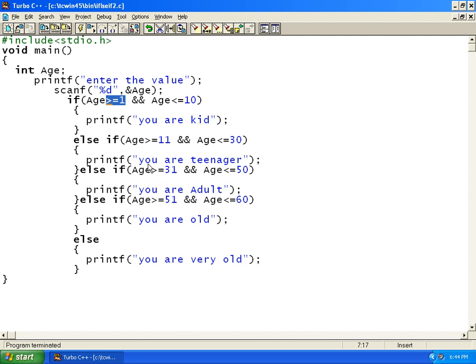We should check the negative values. User should not enter a negative value or 0. You should always enter greater than 1. We are not doing any checking of the value here. So we'll see in the later videos how to check whether the user has to enter a correct value or not. We are just assuming that he'll enter a correct age. He'll never enter a 0 age or minus age.